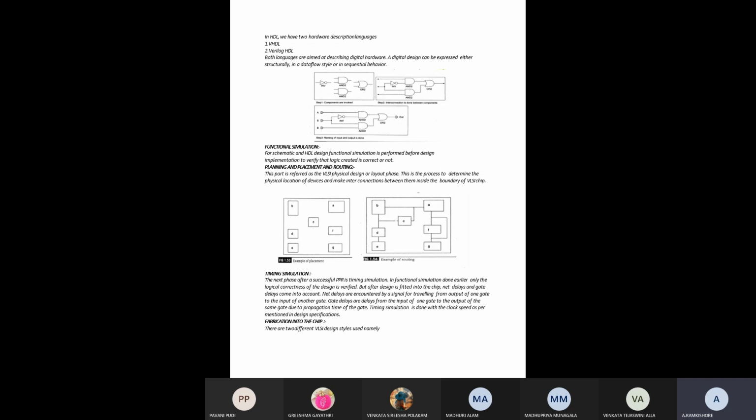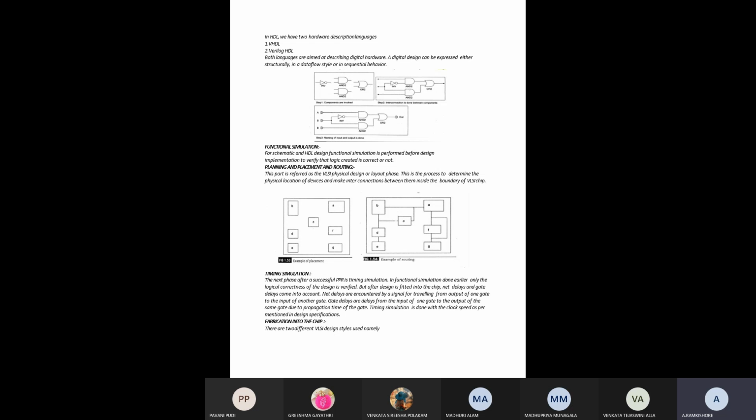You have already studied these concepts in your earlier course, and we have to study them clearly when we go for a master of technology with a specialization in VLSI. There we have to study in detail how to write different code for the structural format, data flow style, and sequential behavior.